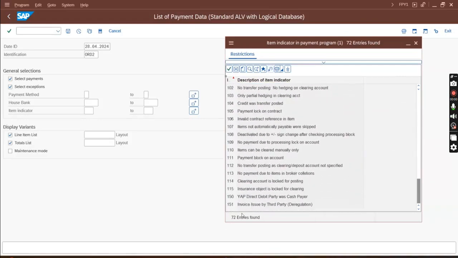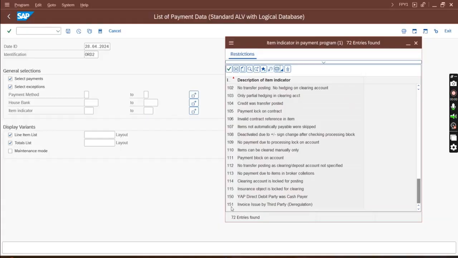I will create maybe 152 as a new exception reason, and in that event I will ask the developer to populate this exception. This way you can identify the different activities and different failure reasons.